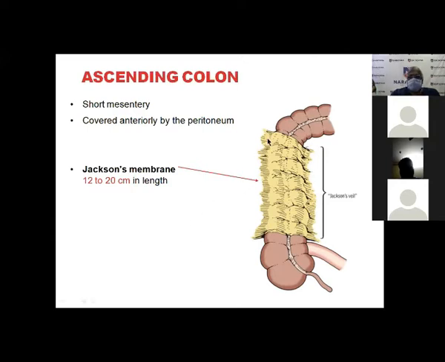This is on the right side, and it is called Jackson's membrane. By incising the membrane, the whole colon can be shifted to this side so that you can nicely do any colonic surgery. And here becomes the vessel. The vessel supply is always from medial to lateral, so you can reflect the complete colon from lateral to medial. So it will not hamper anything.